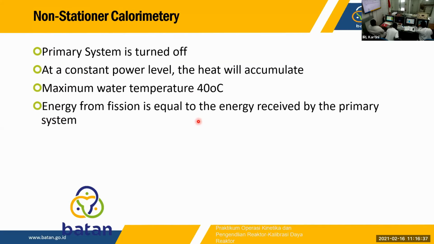Using the non-stationary calorimetry, the primary cooling system will be turned off, where at a constant power level, all of the heat will accumulate, making the water hotter, and then we see the differences in the temperature using the thermometer. Using this, we have to try to maintain the maximum water temperature at 40 degrees Celsius, because if we have the water above 40 degrees Celsius, when we turn on the primary cooling system, we may cause some damage into